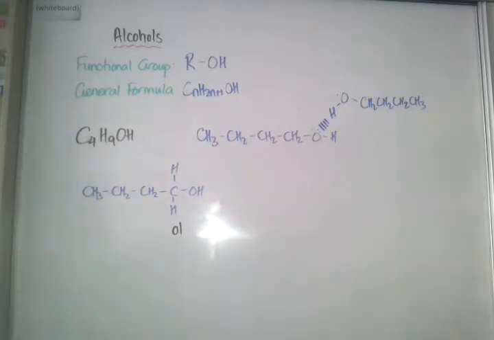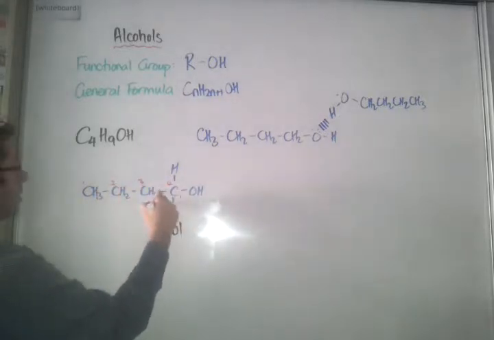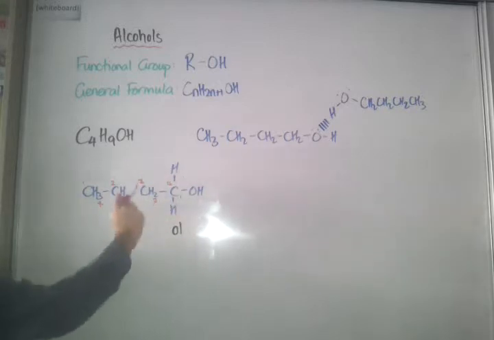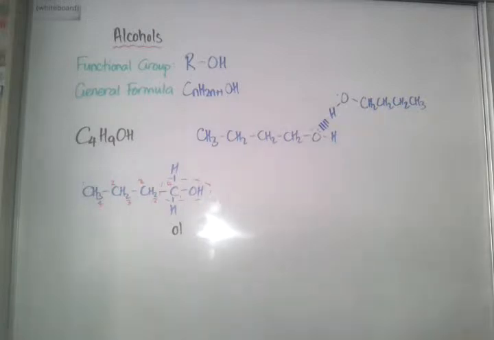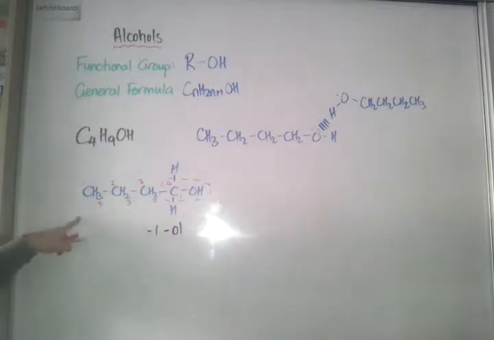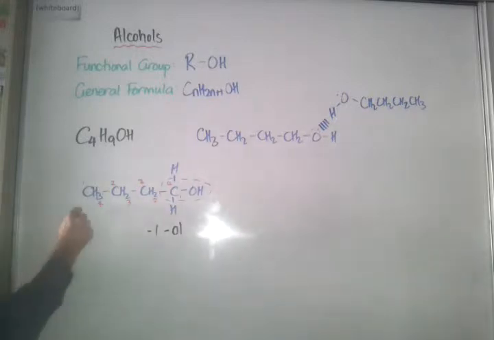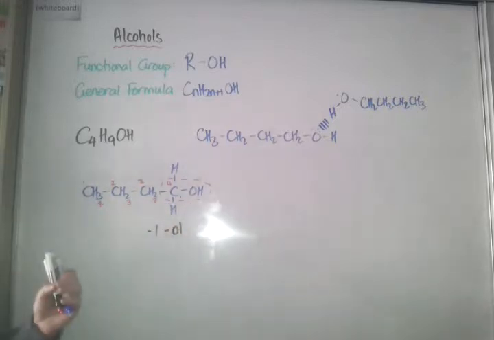Then we need to number the carbons. And remember in previous things we numbered them both ways, because we're trying to find the lowest number that the functional group is on, the thing that gives it its properties. And we can see that it could either be carbon 4 or carbon 1 where the OH is bound. Well, 1 is lower. So what I'm going to do for my naming is I'm going to put the 1 there now. I could put the 1 at the very start of the name of the compound if I'd like to as well. So I'll give you the other name in a moment. Then, because it's got 4 carbons, so I should really count this way, away from the OH, 1, 2, 3, 4, and they're all in a chain, so it's straight chain, not branched,